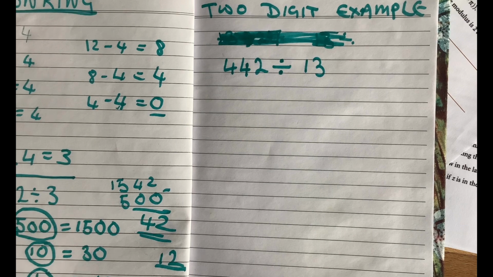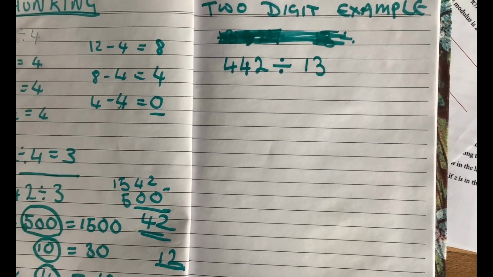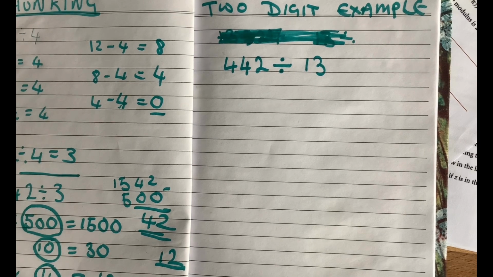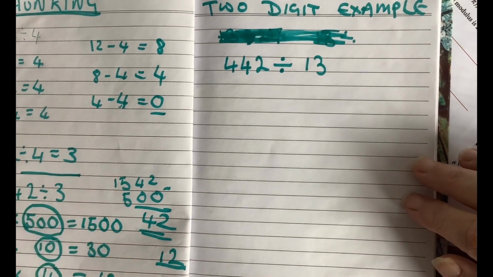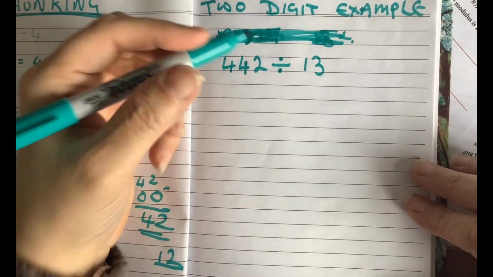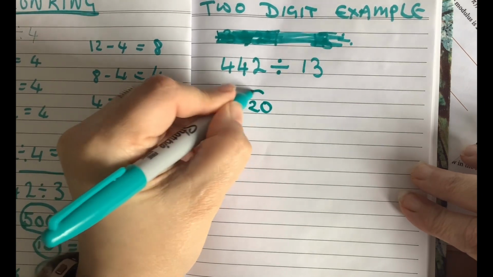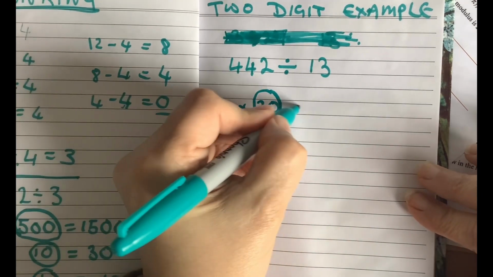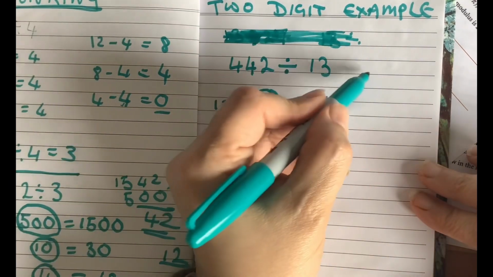Let's try a harder example. I'm going to divide 442 by 13. You will note that 13 is a 2-digit number, and also it's a prime number. So the only other method to use would be formal long division, and I'm just going to show you the chunking method, and I think it's easier than long division. So what I'm going to do is I want to see how many times I can take 13 away from 442. I know 13 times 2 is 26, which means I know that 13 times 20, I'm going to circle it, must be 260. Now, if I take 260 from 442,